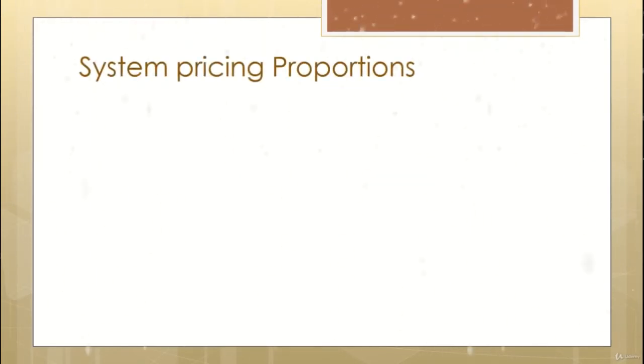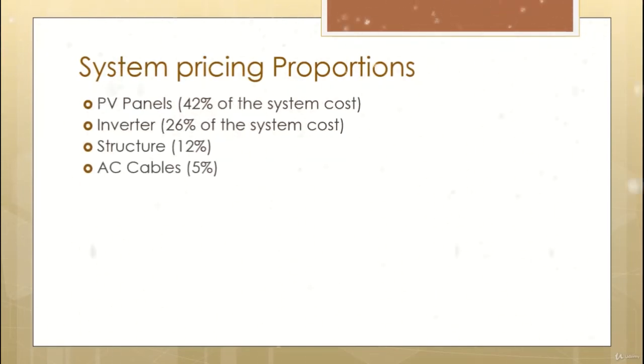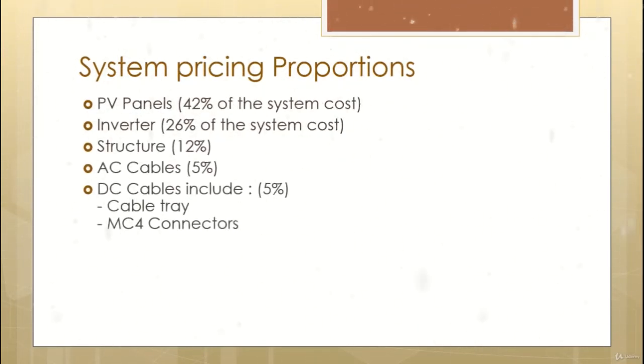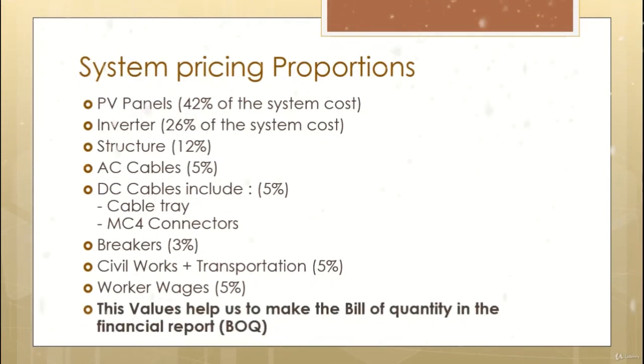So, this is the system pricing proportion. The PV panel gets 42% of the total system cost. The inverter gets 26%, the structure gets 12%, AC cables 5%, DC cables including cable tray and MC4 connectors 5%, breakers 3%, civil works plus transportation 5%, and worker wages 5%. So we need these values to make the BOQ, which is the bill of quantity, in the financial report. And you can use these proportions for each part of the system to price the PV system in your